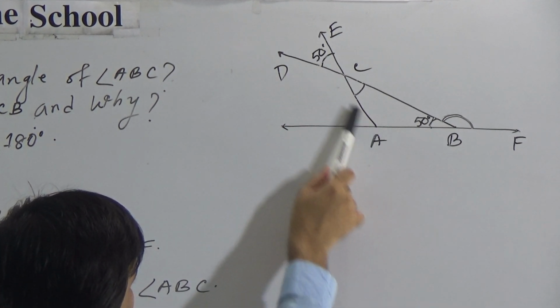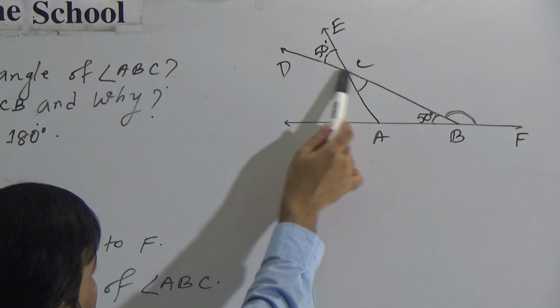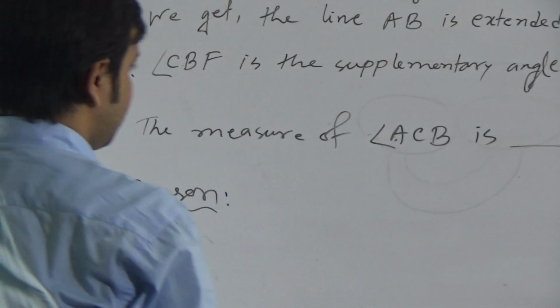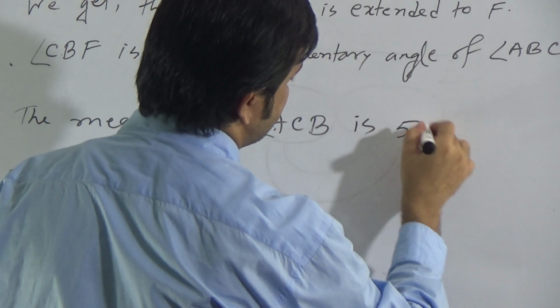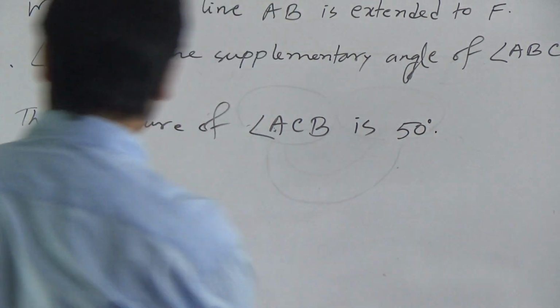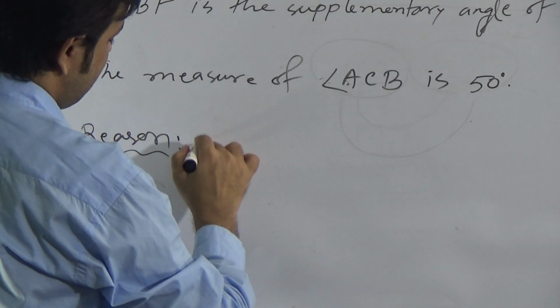So we can say angle ACB is also 50 degree. It means that the measure of angle ACB is 50 degree. Now I will write the measure of angle ACB is 50 degree. I will write the reason now. What is the reason? The reason is in the figure